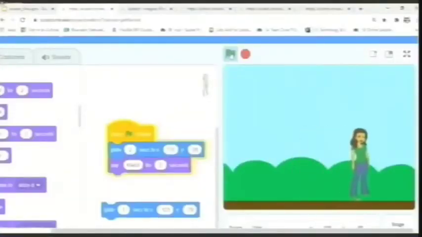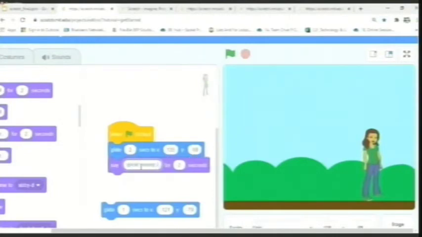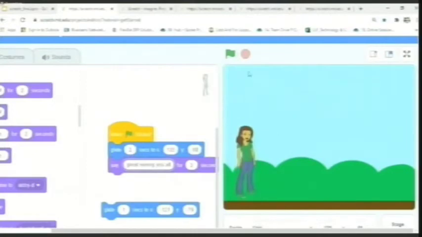So let me play it, stop that and drag her to the initial position so you can actually see the changes. So she goes across the screen and says hello. Now, I don't want her to say hello. I just want her to say some other content. So I just want to say, great seeing you all. Okay, so let's see. We can edit that as well. That's great. Yes. So all the information can be changed.